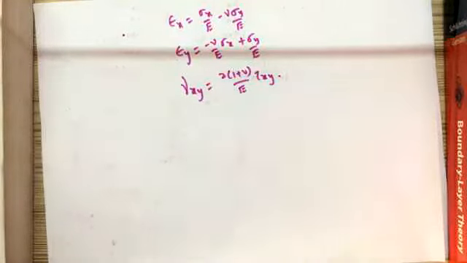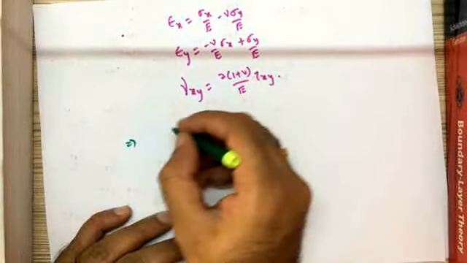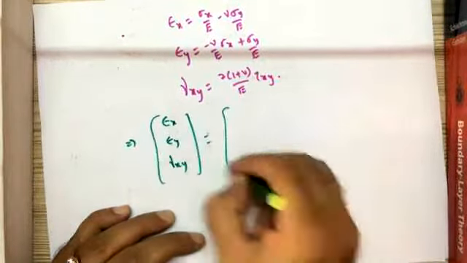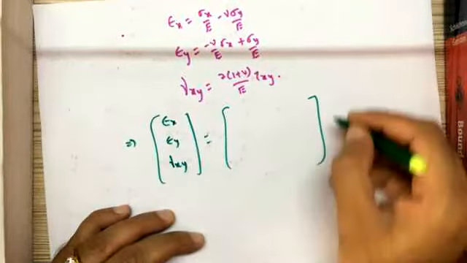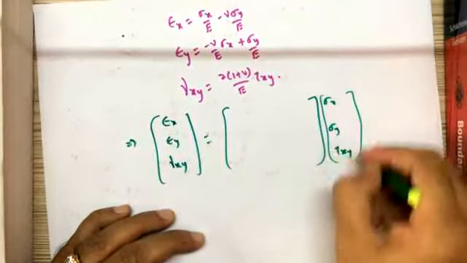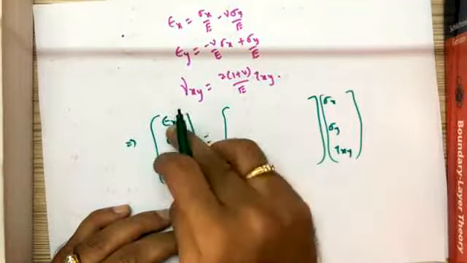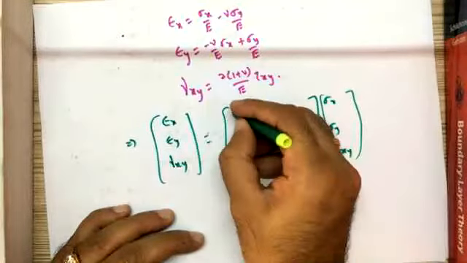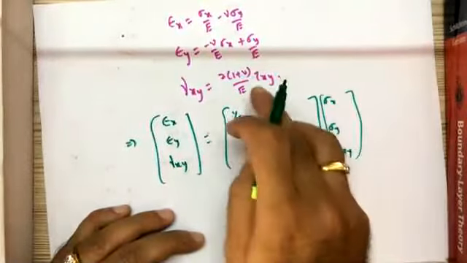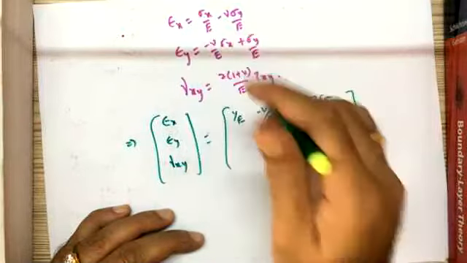Now if I take this, I think we have already gone through this, but again we'll just look into this. If I write these equations in a matrix form, then epsilon x, epsilon y, gamma xy is equal to some 3 by 3 matrix into sigma x, sigma y, tau xy. Now the first equation would be epsilon x, right? The coefficient of sigma x in epsilon x is 1 by E. The coefficient of sigma y in epsilon x is minus nu by E. The coefficient of tau xy in epsilon x: there is no tau xy term, so it would be 0.